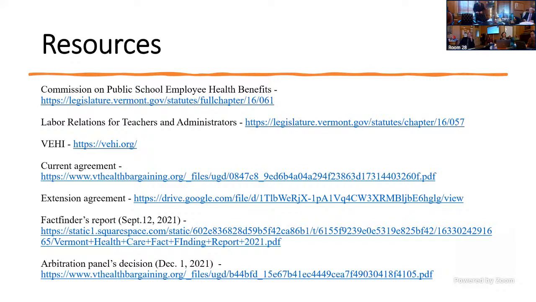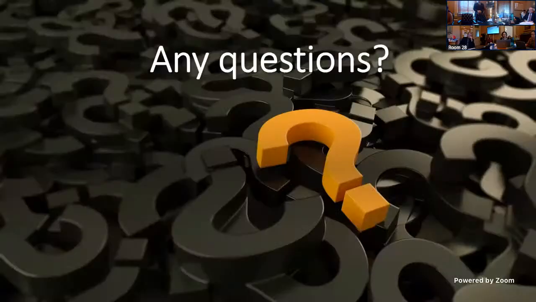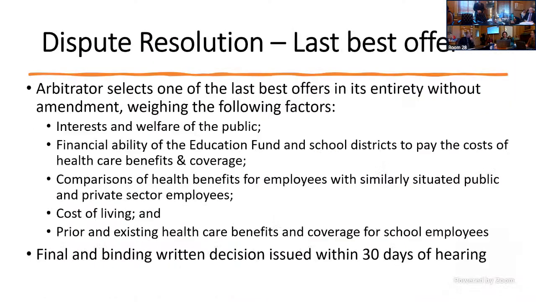I just saw testimony that you had last week where there was interest in a proposal. I had listed out before the different considerations that an arbitrator considers, and there was a request from the school boards to add some additional factors that the arbitrator could consider. And there was also a request to, instead of having a last best offer in its entirety, so it's either last best offer from this side or last best offer from that side, that an arbitrator be in a position to pick and choose between the two.